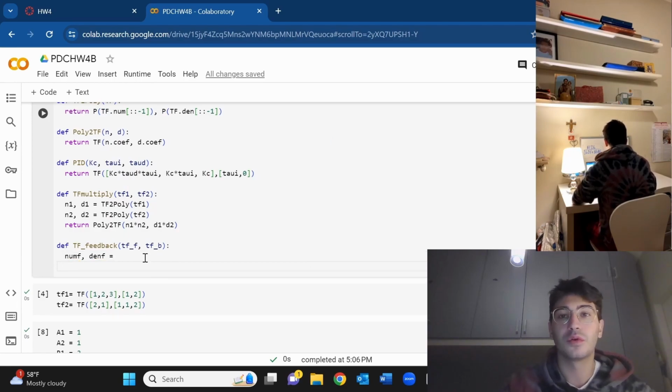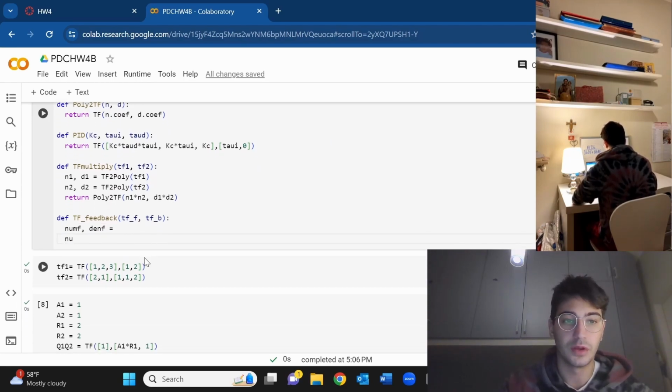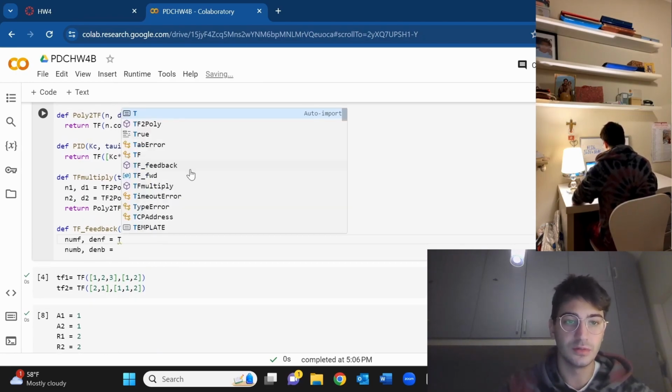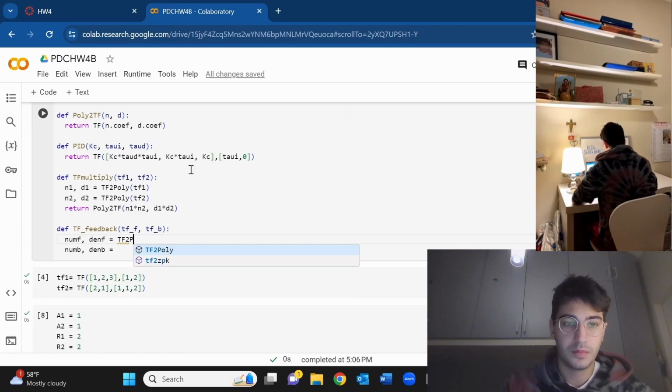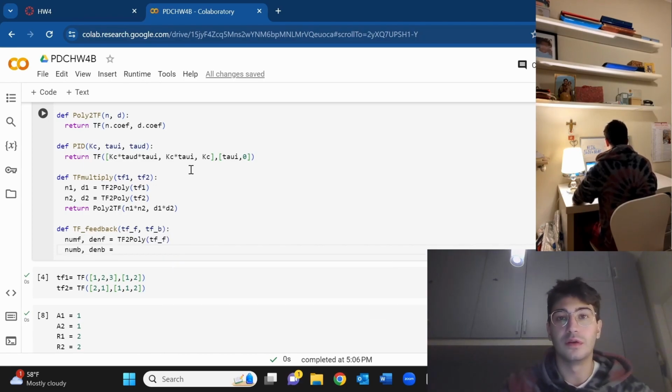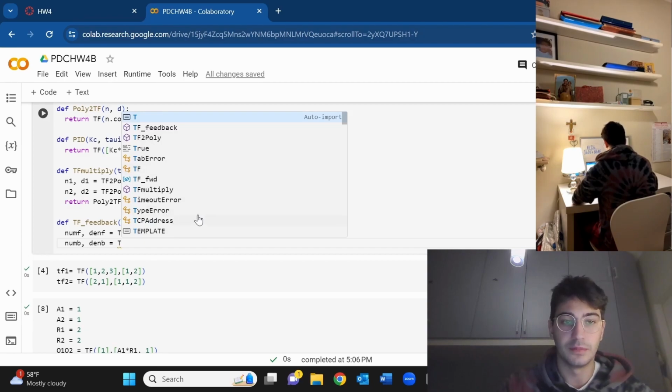And then similarly for our backwards, we're going to have a numerator b for numerator backwards and denominator b for denominator backwards. Like I said, very similar to this expression, we're transferring the transfer function, so tf to poly for polynomial, and then we're going to input the transfer function forward. And the same for the backwards, except we're using the backwards